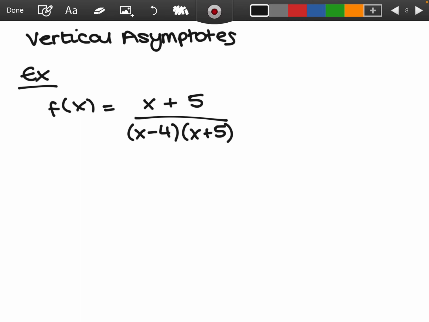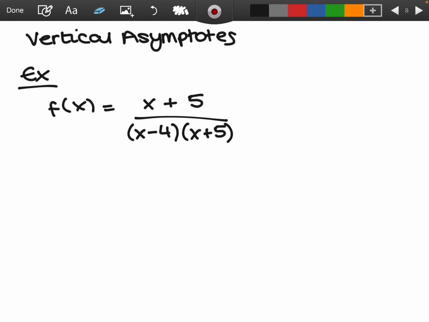I have actually factored this already just because that's how we're going to use the function in this particular case. But if you have a rational function, the first thing you want to do is factor the numerator and the denominator. In this case, we've already got it factored, but if you hadn't factored that denominator, make sure that you do that. So you factor the numerator, factor the denominator. You'll see that we actually have x plus 5 in both the numerator and denominator. We saw from our domains that this function is not defined at